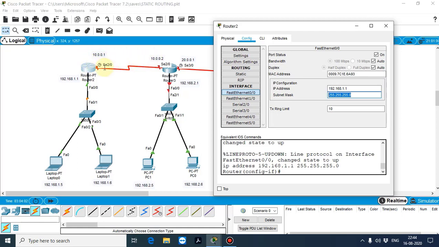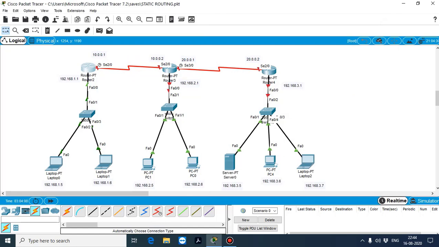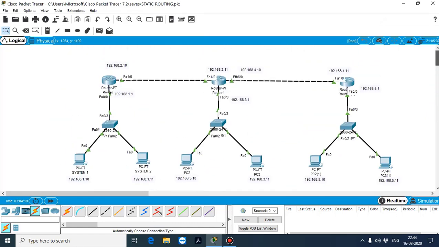So now this router is connected to another network, so we need to configure this section. We are connected through a serial cable, serial 2/0. In the previous class I connected a copper crossover cable. Suppose a network is located, for example, in Vanembadi and another network is located in Ambur.